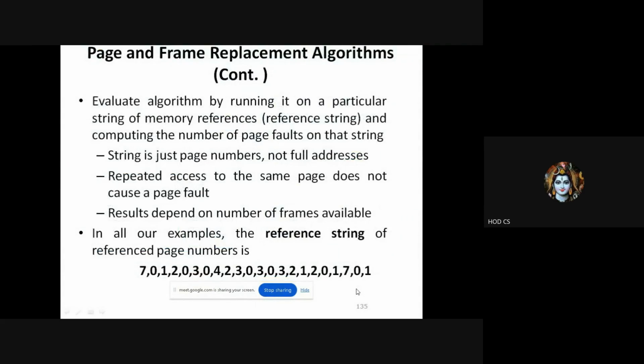Good morning, students. Today we are going to look at the session related to page and frame replacement algorithms. And we have done a very small problem in the previous class. I would like to do it with reference to the following strings given today. So let me take the strings